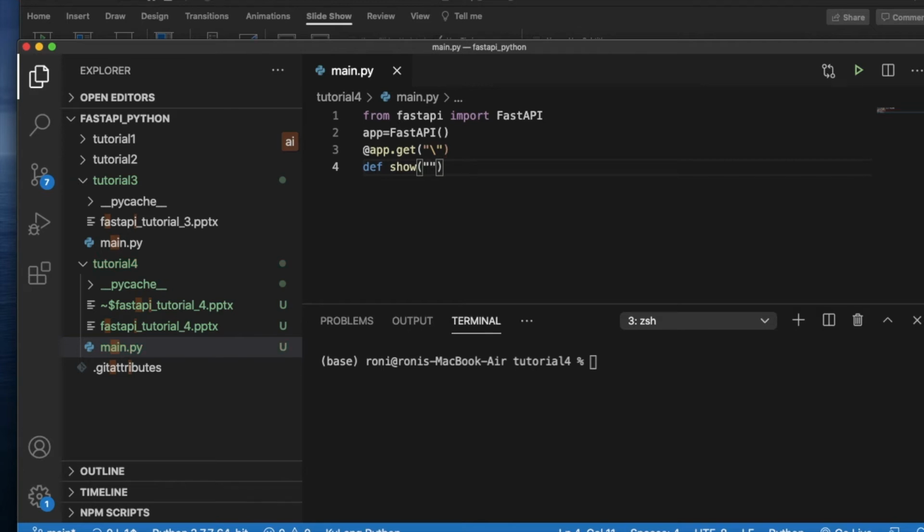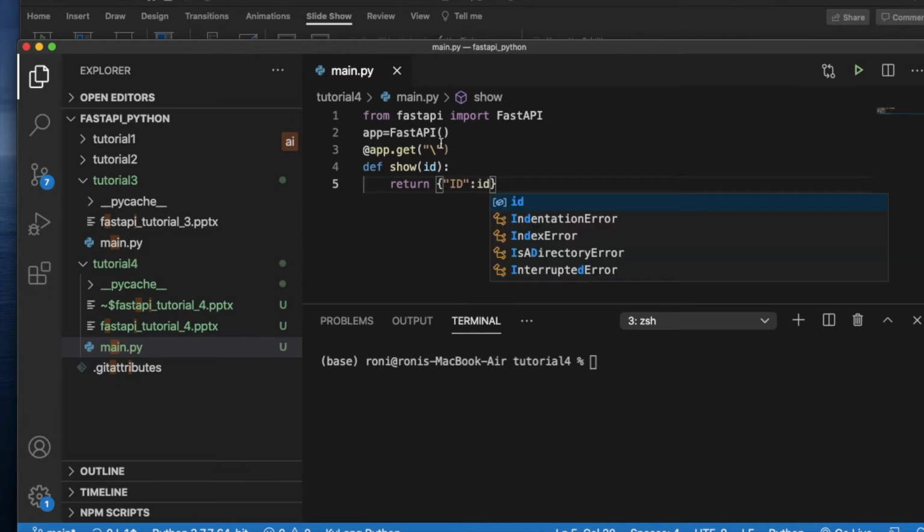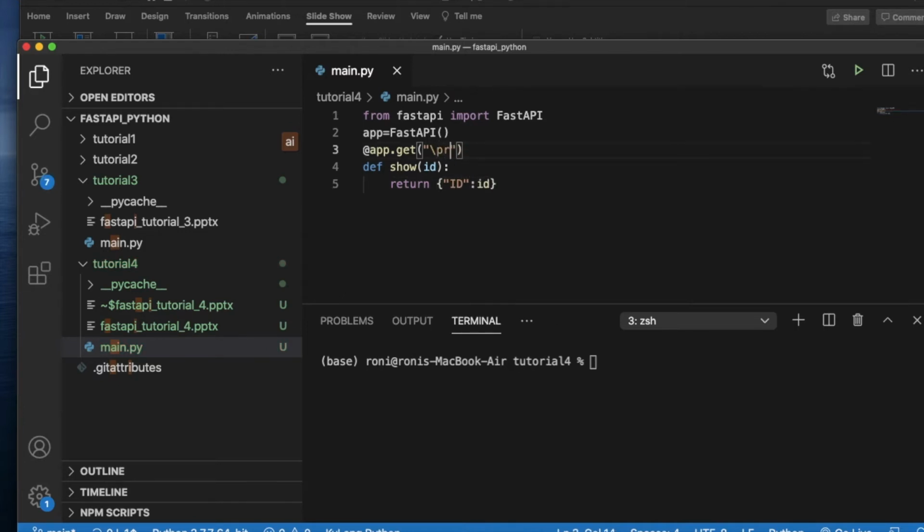Let's say we're going to use ID, and I'll use return, and let's say ID equals to ID. So it is going to be profile.